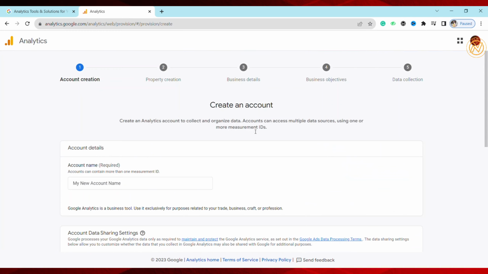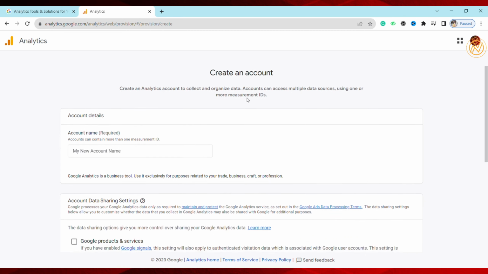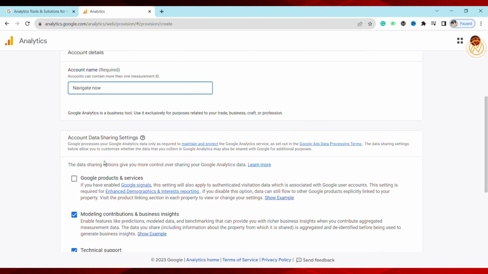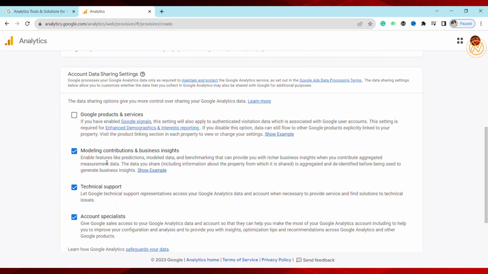Now, as you can see that now you have to create your account step by step. So just go ahead and mention your details and let's begin. I will tell you everything that you will need to know. So first of all, just enter your account name right here. So I'm entering my business name, which is Navigate Now,